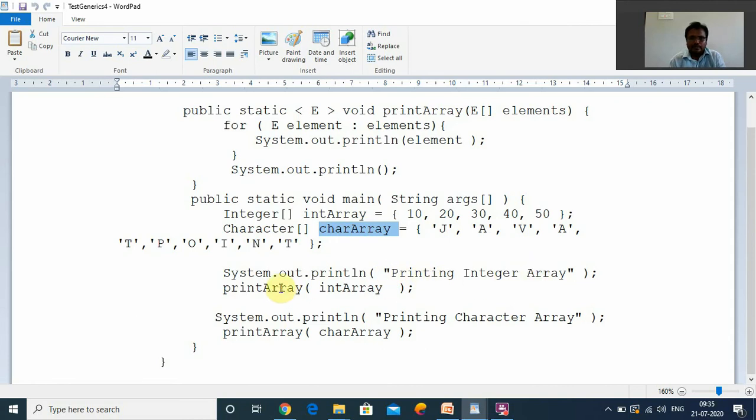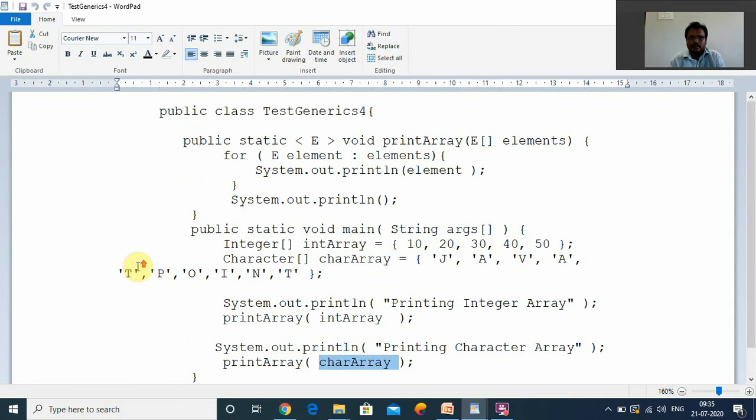Now we call the print array method. What is the element type here? If it is an integer array, it will print only integer elements. If you pass a character array, E is the element type, meaning character array elements. That is the concept here. I think all of you understood, right?